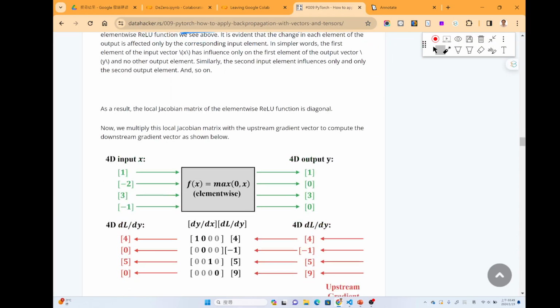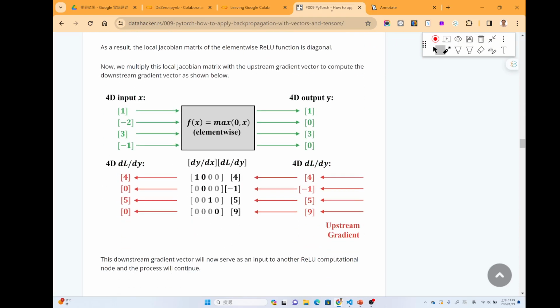However, typically we will not do that, since from this Jacobian matrix, we can find that most of the items are 0. If we write down the Jacobian matrix and use it to multiply with the upstream gradient, for this one we need to do 16 multiplications to get the final answer.